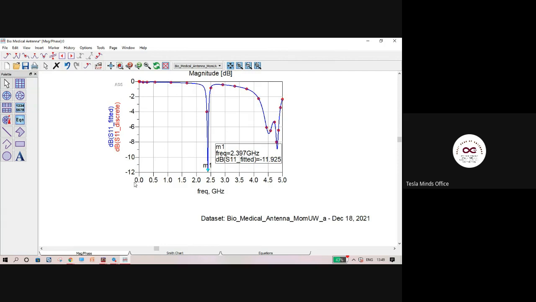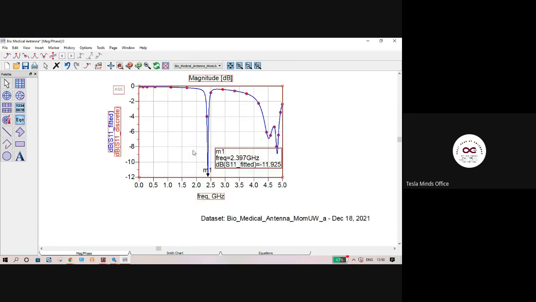Your actual return loss or the S11 graph should be around minus 25, 30 or minus 40 dB. Because if you get minus 35 dB here in the simulation and then you fabricate and test your antenna, that fabrication process and the soldering process will account for some losses, right? So to accommodate for that, this minus 11.925 will not be enough. You have to get at least minus 25 to 30 dB.